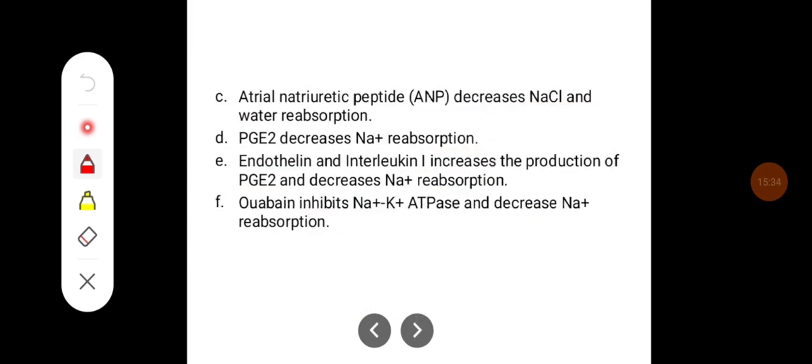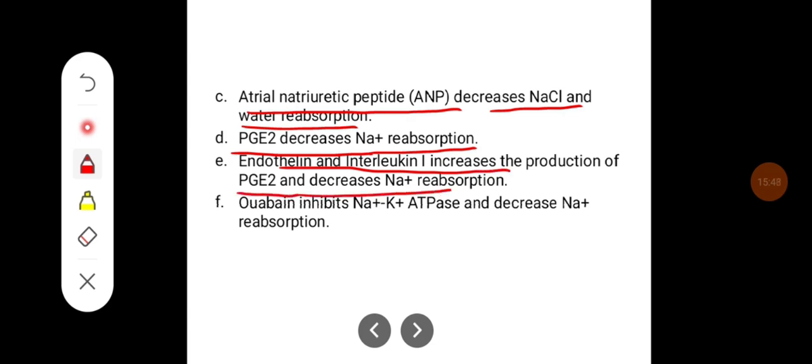Then atrial natriuretic peptide decreases the sodium chloride and water reabsorption, and prostaglandin decreases the sodium reabsorption. Endothelin and interleukin 1 increase the production of prostaglandin E2, and they are going to decrease the sodium reabsorption. Then ouabain inhibits sodium potassium ATPase and decreases sodium